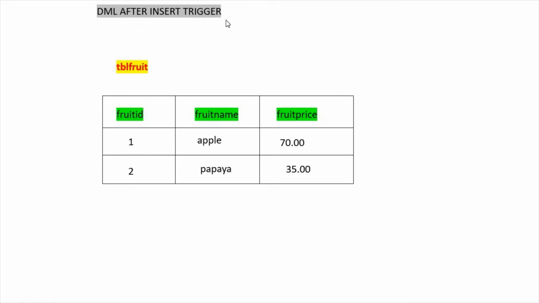For the DML after insert trigger, we have taken the TBL fruit table. Here the fields are fruit ID, fruit name, fruit price. We have taken records like apple at 70 rupees, then papaya at 35 rupees. So like this, there may be records in the fruit table. If we insert any record in this fruit table, after inserting the record, the trigger must be fired